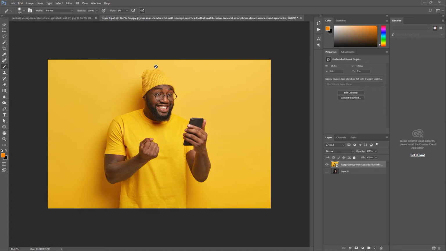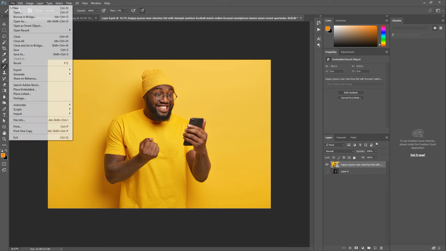So once the image uploads, all we have to do is just make sure that it fits well on the canvas. Then just click save,